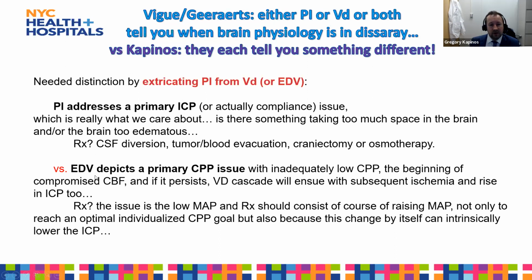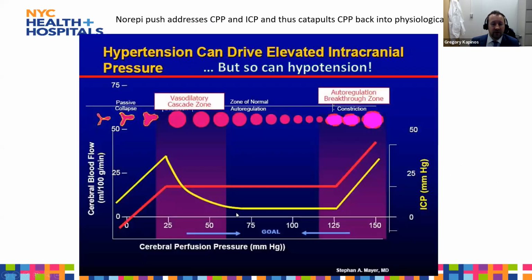Versus when our end diastolic velocity is too low, it means that the issue is more that the CPP will be too low. It's inadequate, low perfusion of the brain, and therefore the treatment should be to elevate your MAP. If you do osmotherapy, probably mannitol would make more sense because it will also plump up the volume and elevate the MAP subsequently. And you can therefore individualize the treatment of the ICP crisis based on the PI versus end diastolic velocity abnormality. Furthermore, an issue that has not been emphasized enough,